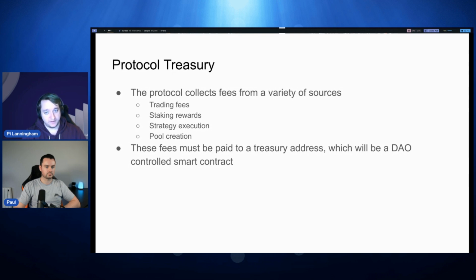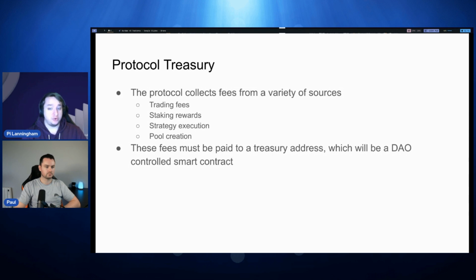The ADA that is in liquidity pools will be staked to different pools. And that's under the control of somebody called a treasury administrator, which we'll talk about in a bit. So they choose which pools to delegate to. But those staking rewards get paid into the protocol treasury. And this won't mean anything yet, but strategy execution also pays protocol revenue, and we'll talk about that in a minute.